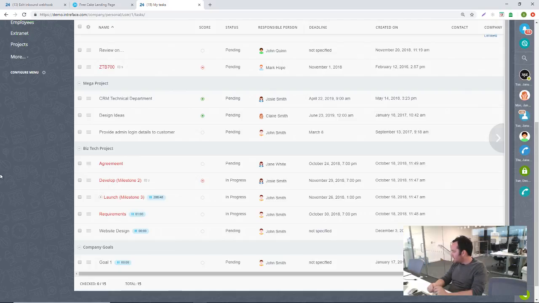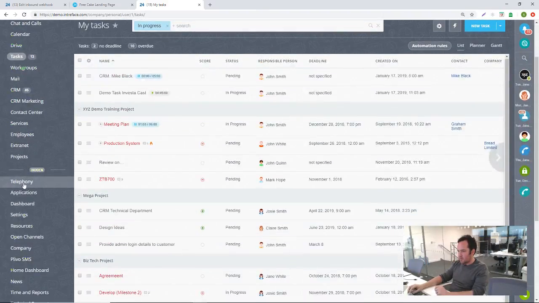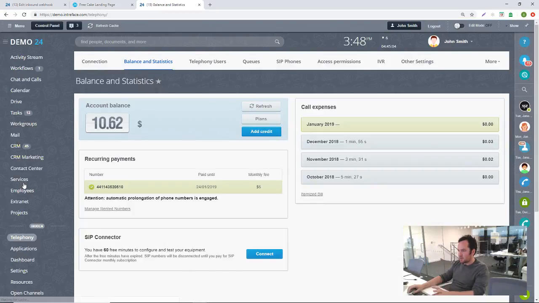Is there another way to listen to messages received through telephony other than downloading them? So yeah, you should be able to see the recordings of all calls, whether they've left a message. So if you click into telephony, I'm not sure if I've got this set up, if you click into itemized bill,